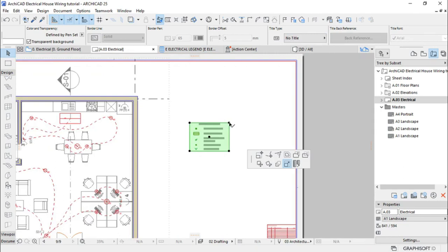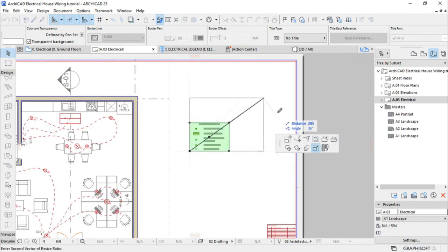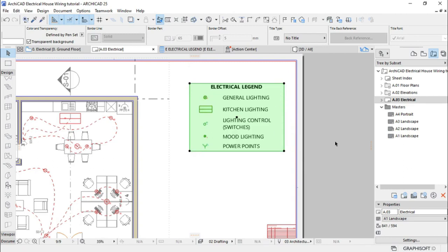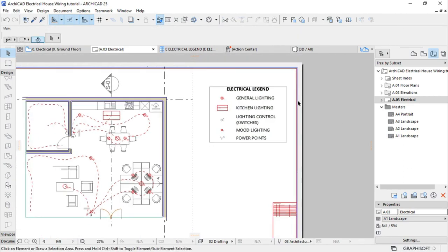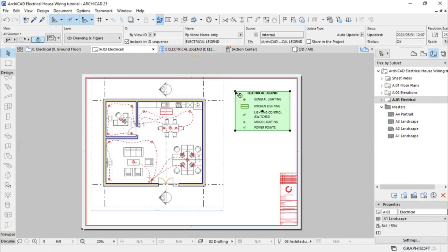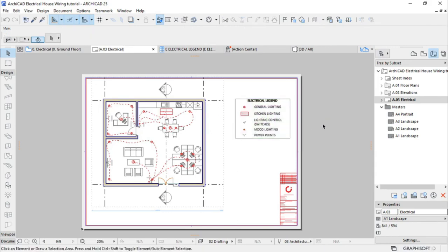You can click on this point to enlarge this. There we go. Then move it in line with that,